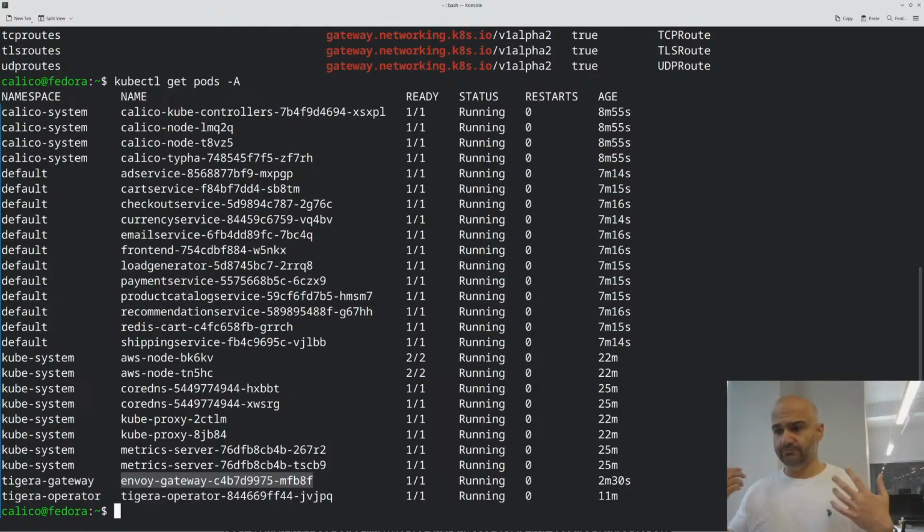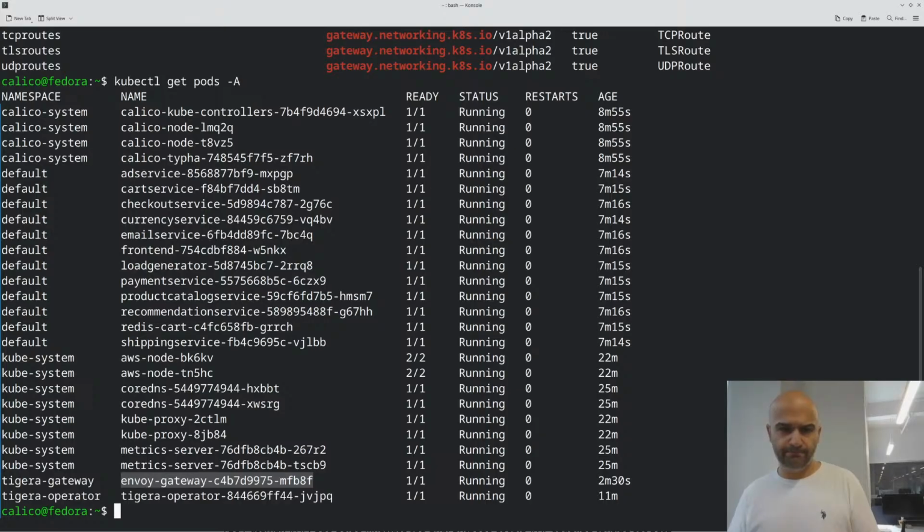This is a hardened image. That means it's from scratch. It doesn't have a lot of attack surfaces. It actually minimizes the attack surface,